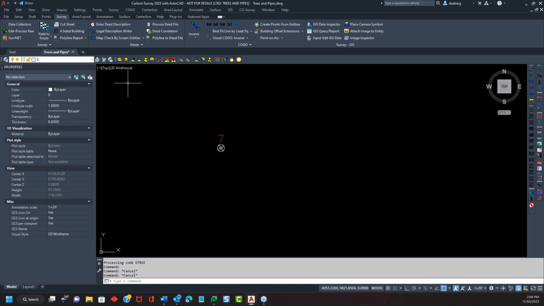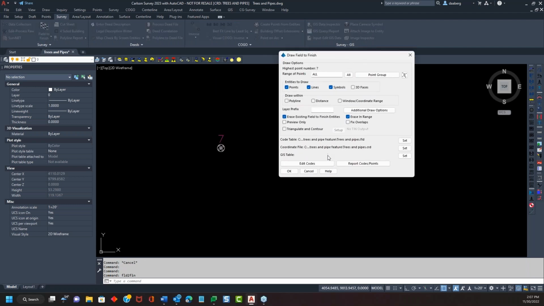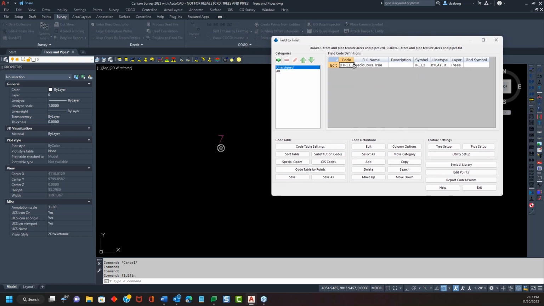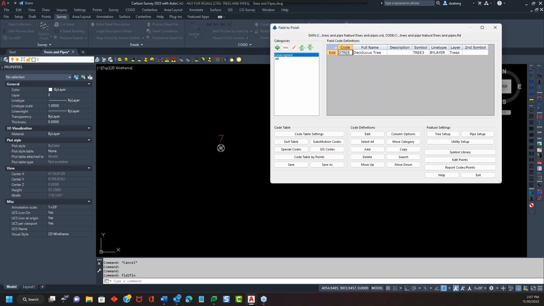So what some people have done, and even one of the sample FLD files that we include, is they end up doing this for every tree size, so that you could have a deciduous tree and maybe call it D10, or start with, whatever, 2-inch, 4-inch, and then you end up with a gazillion codes for the different types of trees you have. Maybe you can simplify it to deciduous tree and coniferous tree, and that's what I see a lot of people do, but then they have a separate code for every size. So to use the tree setup, which is what this webinar is about,